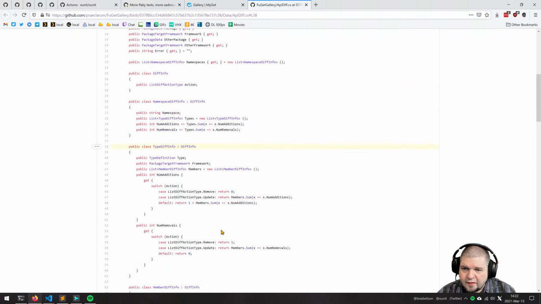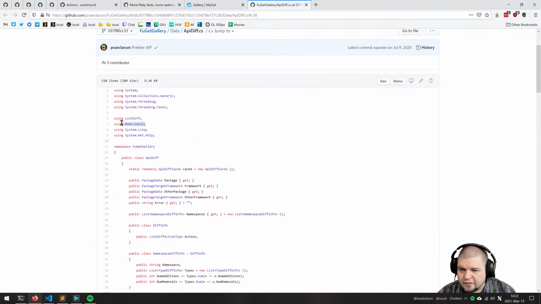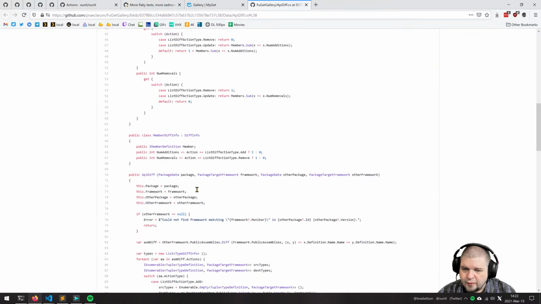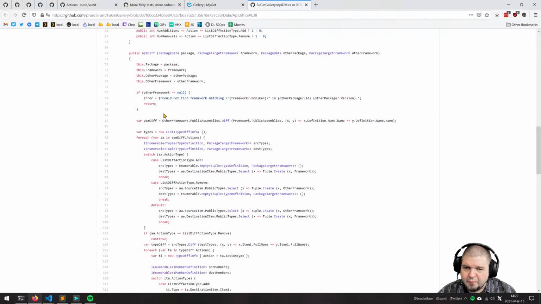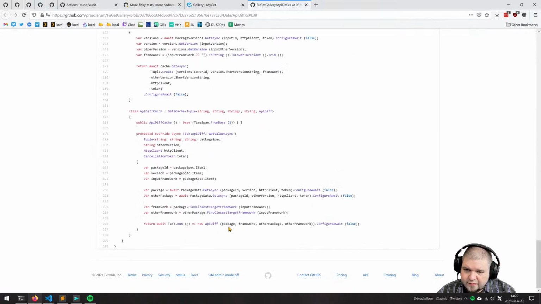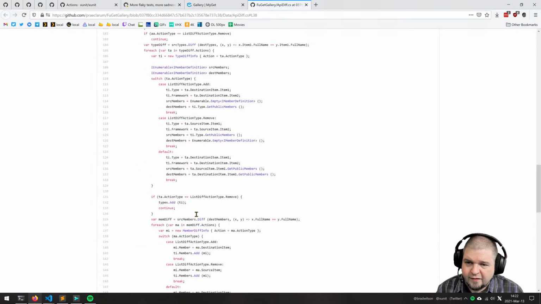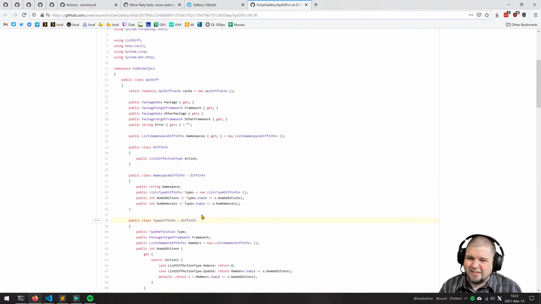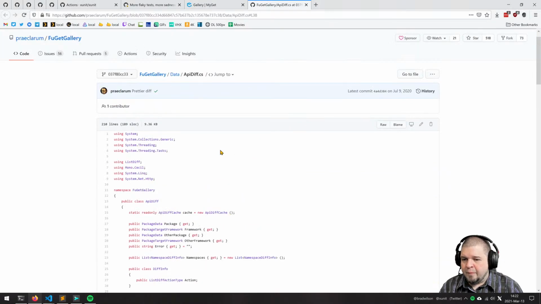And I mean, looking at this, well, first of all, it uses Mono.Cecil, which makes sense, right? It's just going to load up some assemblies and just start dumping information out to files and then diffing those files. So I'm totally going to steal this so that I can make a breaking changes list. I mean, this isn't a lot of code, as it turns out. It's just not that much code. So I'm totally going to steal this to be able to do a breaking changes tool for xUnit v2 to